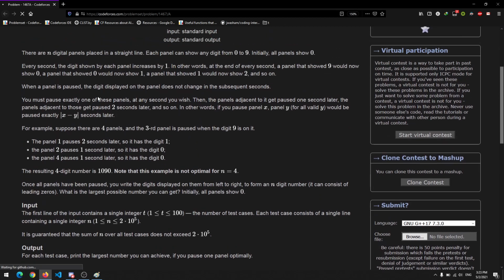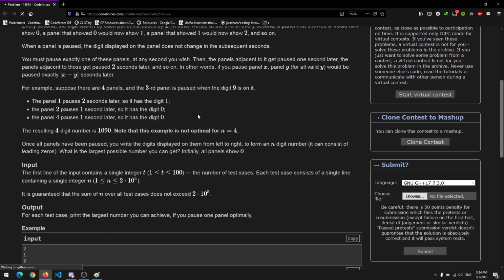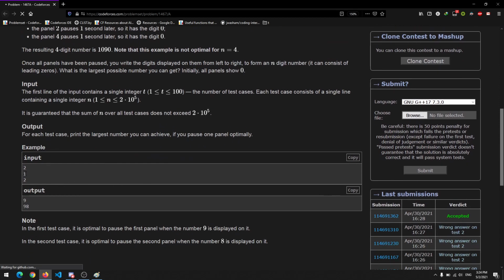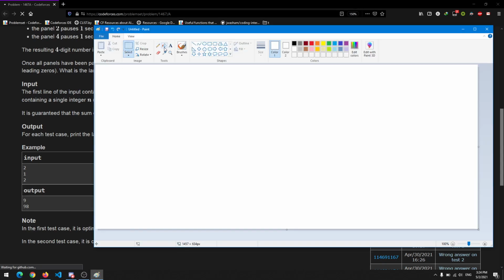So in this problem, you might want to read this. We are given a number n, and this n signifies the number of lamps in a row. For example, one lamp, then two lamps. The example test cases are not so good and were intended to fool you. I'll tell you later why. So let's take n equal to 5 or something. 1, 2, 3, 4, and 5.